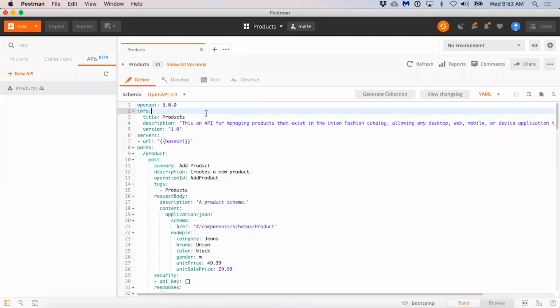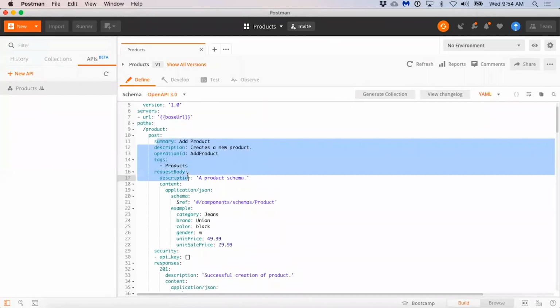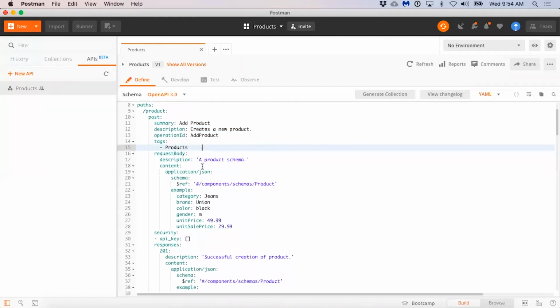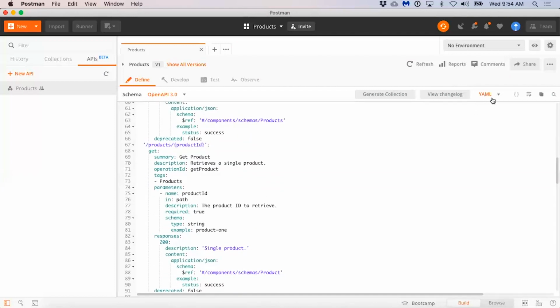And once it got admitted into the Linux Foundation, the name got changed to OpenAPI, and the version became 3.0. So Jeff's using OpenAPI to define every API that his team is developing, providing basic details of the overview of the API, as well as descriptions of every path and all of the details of each of those paths using OpenAPI descriptions. So Jeff is using the OpenAPI builder within Postman. He's using YAML.